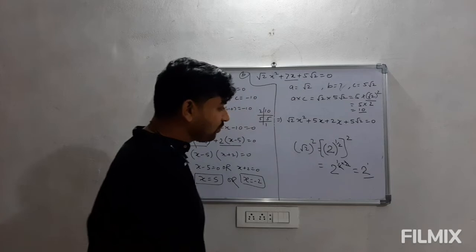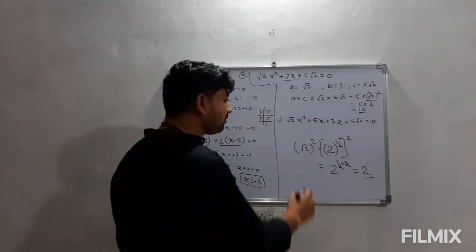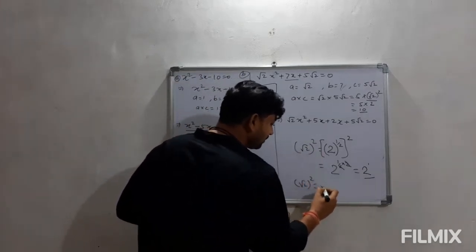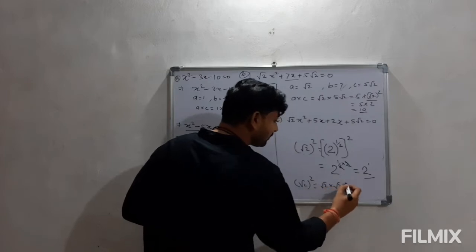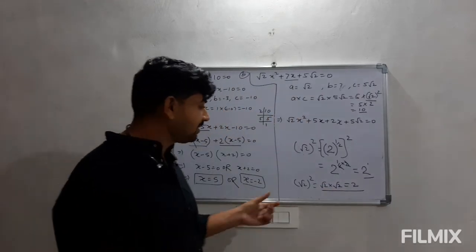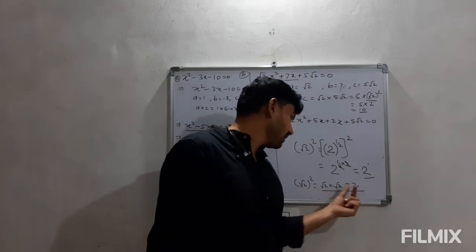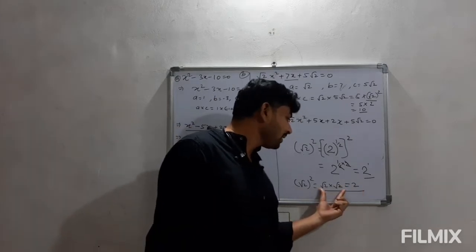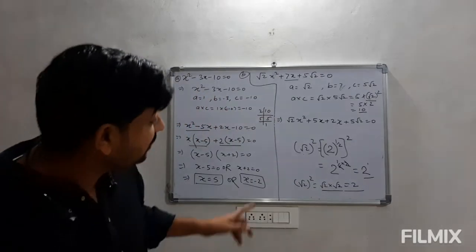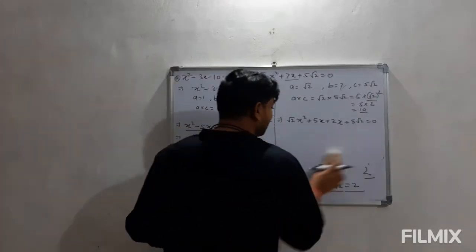So this is what we are getting here. What does it mean if we look at this? Root 2 square is nothing but root 2 multiplied with root 2, that is coming out to be 2. इसका मतलब ये है कि किसी भी नंबर को आप रूट साइन लगा के 2 बार मल्टीप्लाई करके लिख सकते हैं. So this is the result which I am going to use here in factorization.